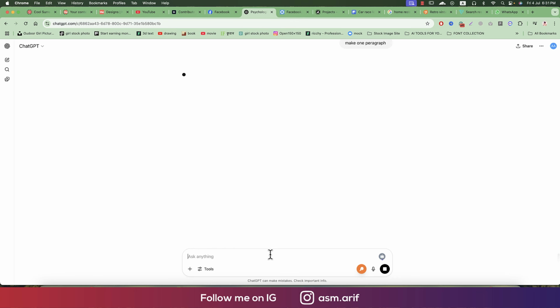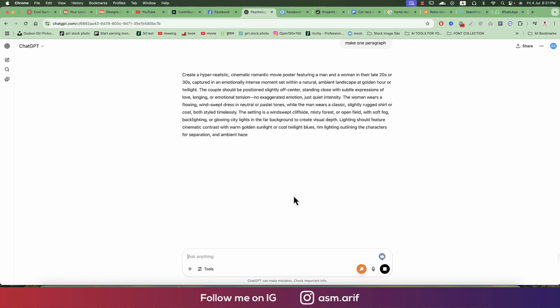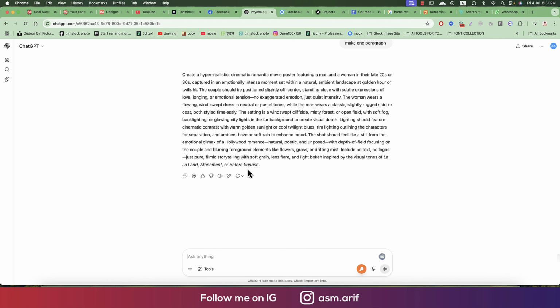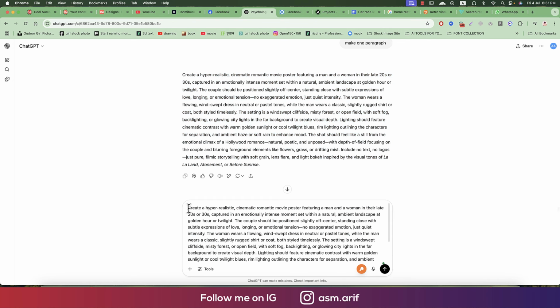ChatGPT will make one paragraph over there. So that is all of it. It starts: creating a hyper realistic cinematic romantic movie poster featuring a man and woman in their 20s. Okay, fine. Copying this one and pasting it over there, and we will add another thing